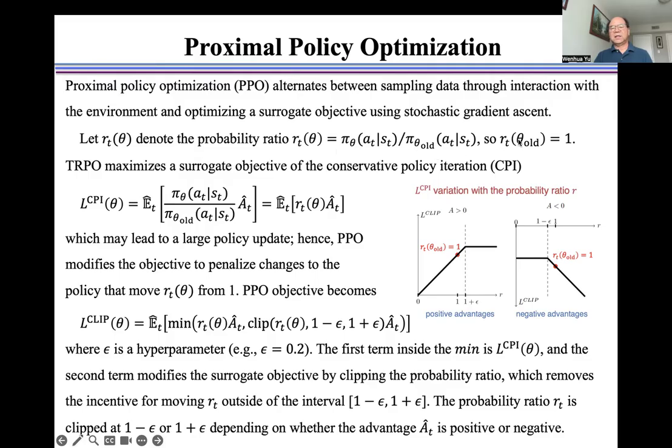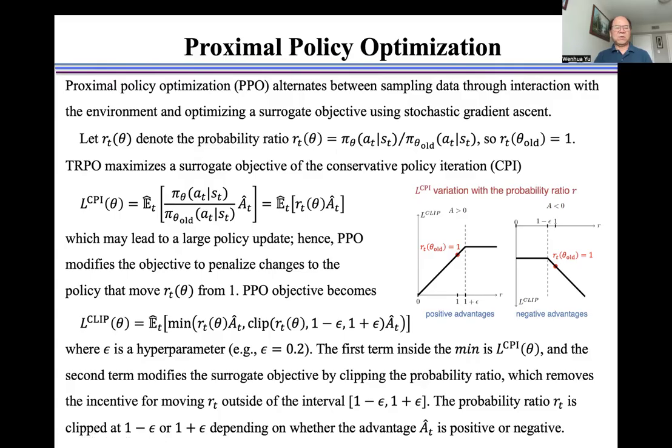So r_t(theta old) is equal to 1. TRPO maximizes a surrogate objective of the conservative policy iteration, as shown here, which may lead to a large policy